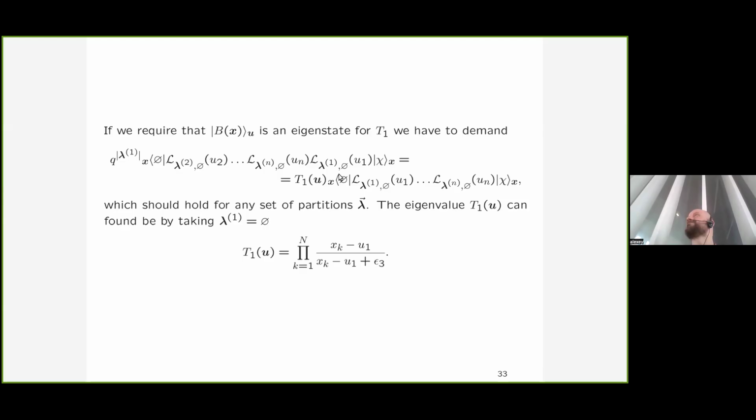So for any choice of partitions lambda 1, lambda 2, etc., lambda n, the following should hold. Let's read this relation from right to left. The original matrix element, which is